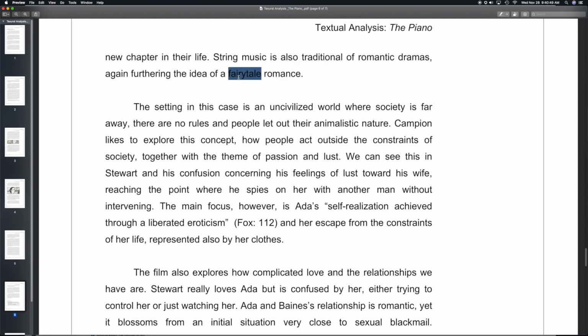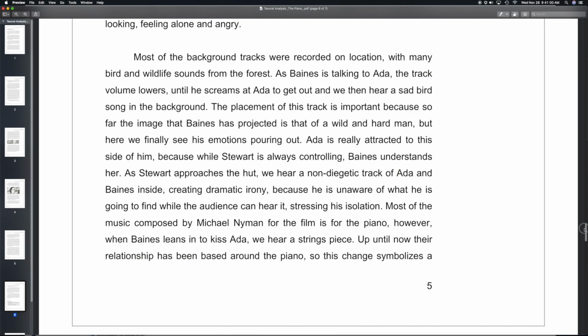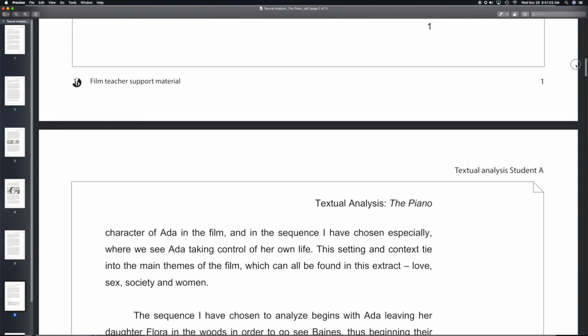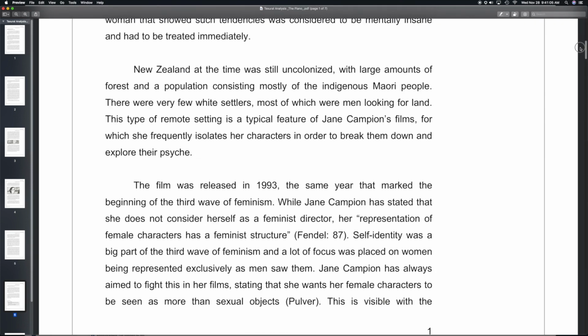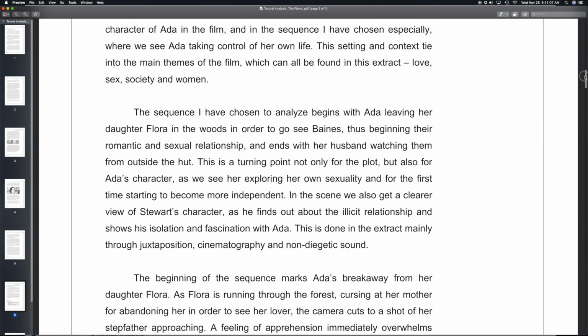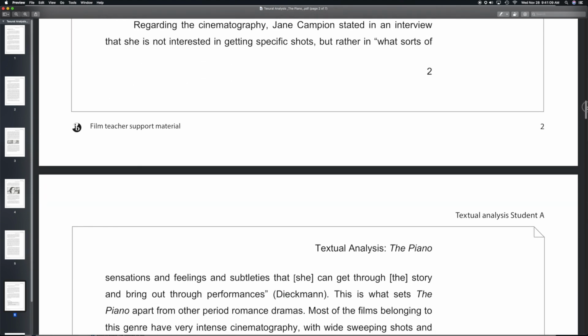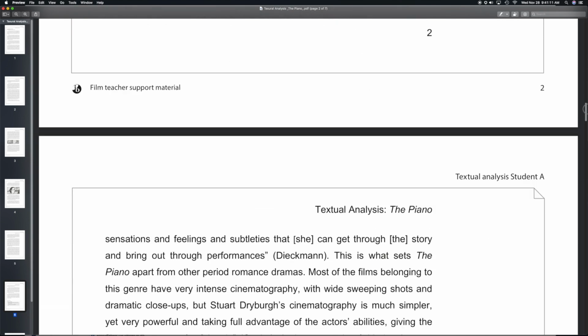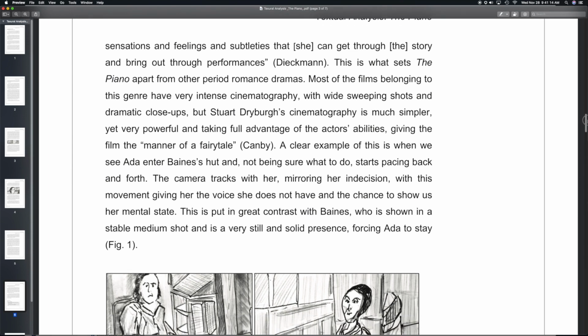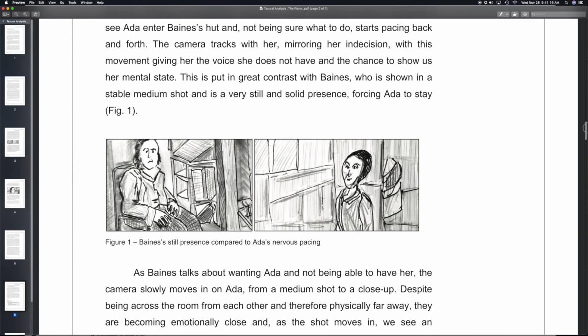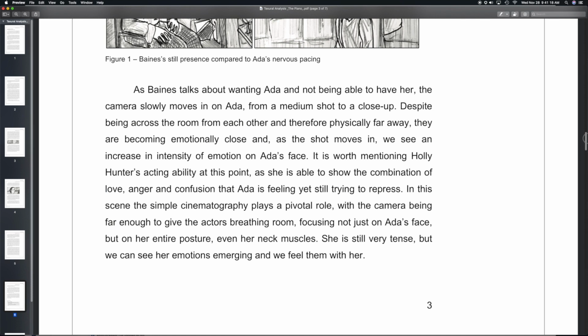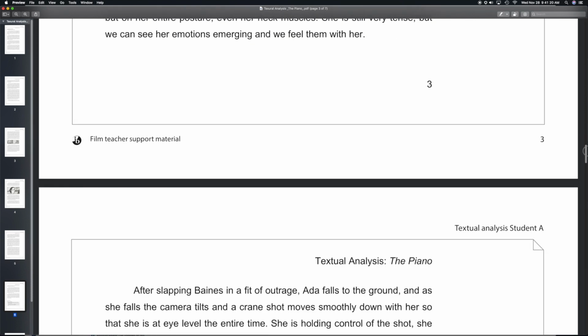The setting in this case is an uncivilized world where society is far away. So as you can see, now we're going into the cultural part here. Like at the beginning, we talked about where this is, when this is, why they're there, and then we start talking about the scene itself, the context of the scene, the sexuality in the scene, all these different things throughout this part of it, through the meat of your presentation, if you want to call it that.